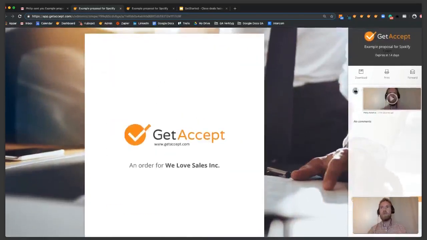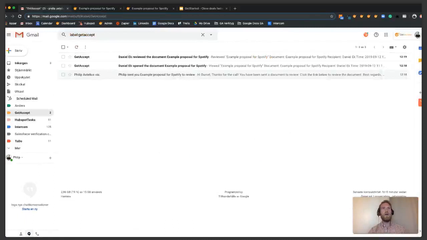And what Daniel can do is he can download it, print it, and forward the proposal to a colleague. And to show you, I'm going back as the sender, Philip, in this case, and what I can see in my inbox is that I get a notification for every activity Daniel does in the document. So I can see here that Daniel opened the document and he also reviewed it. And this information